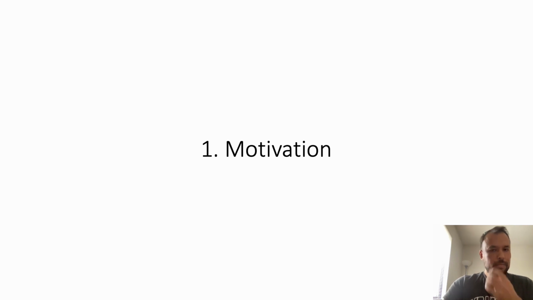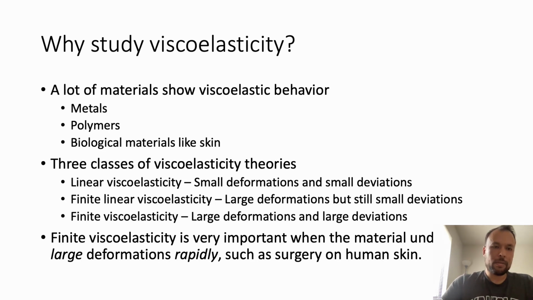So, first things first, motivation. A lot of materials show viscoelastic behaviors, such as polymers, metals, and soft biological materials like skin. And there are three different classes of viscoelasticity theories: linear viscoelasticity, finite linear viscoelasticity, and finite viscoelasticity. And among these, finite viscoelasticity is the most unconstrained, free form of viscoelasticity, which I'm trying to adopt in this